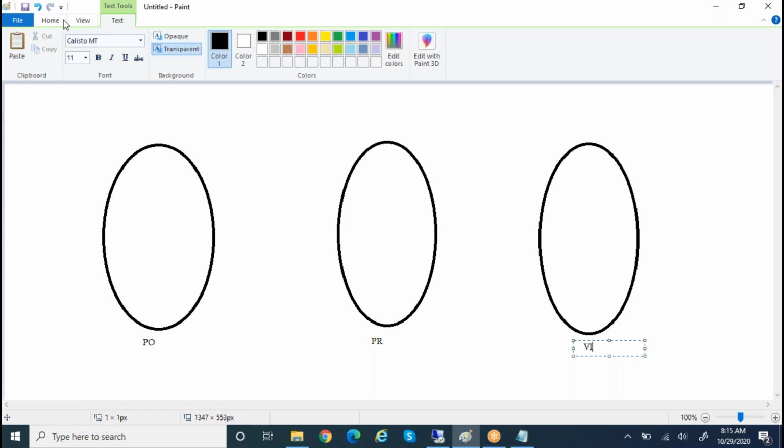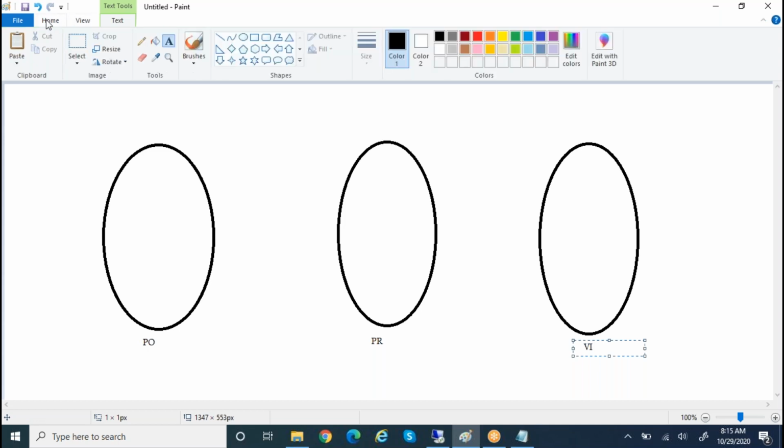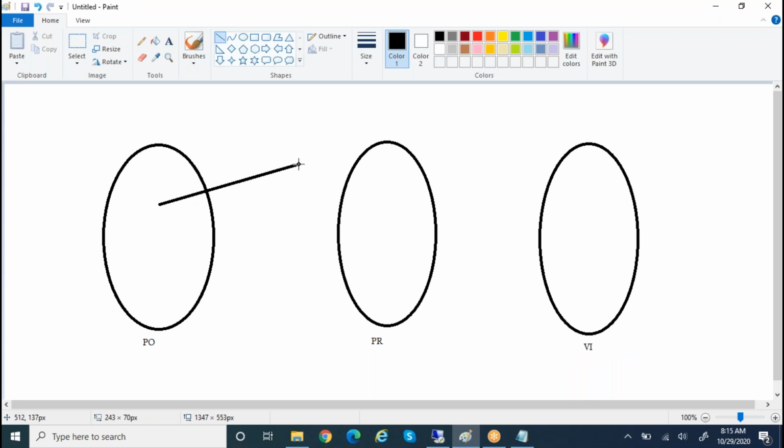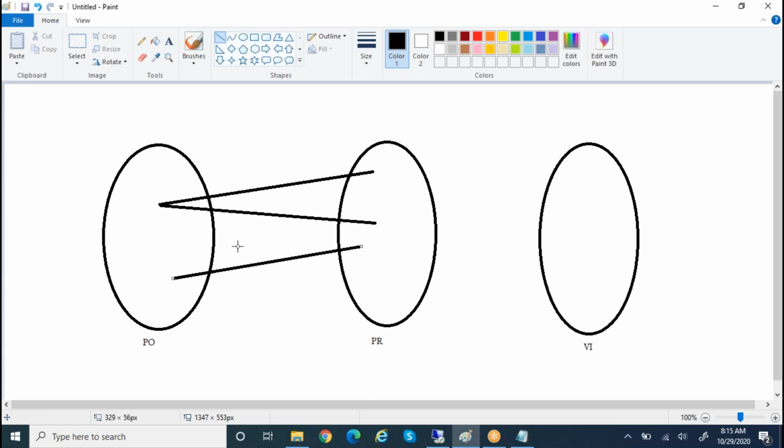Suppose I have created a purchase order and I have received 2 product receipts. That is a partial receipt. 1 purchase order, 2 product receipts: yes, it is possible. 2 purchase orders, 1 product receipt, I can do.